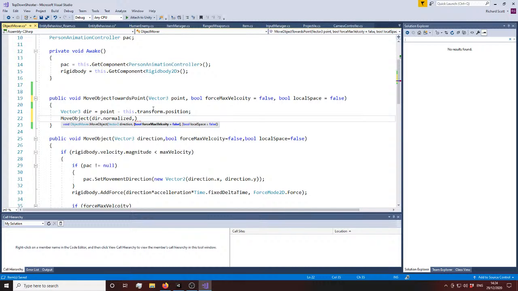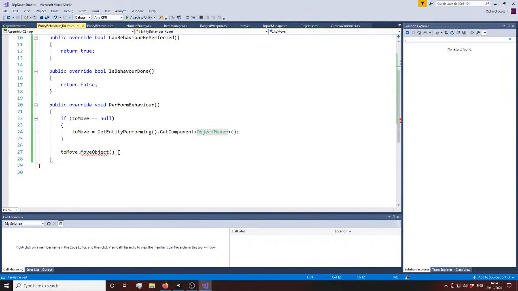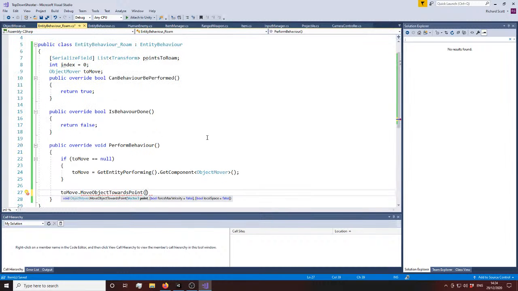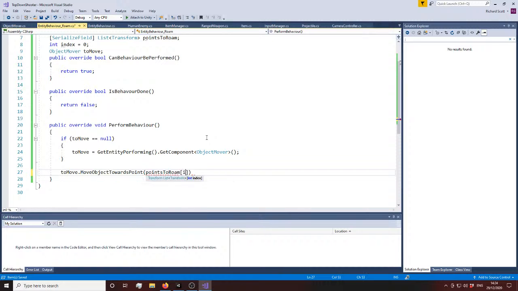and then force, max velocity, and local space. So yeah, save that, then move object towards point, it was called. Was it? Nope. No, it was. I just didn't like it because I didn't put the arguments in. Towards points to roam index,